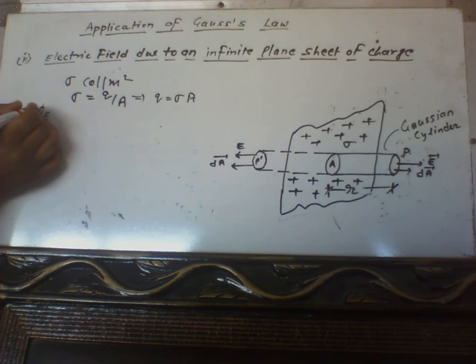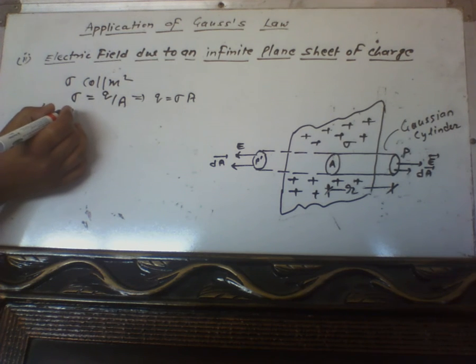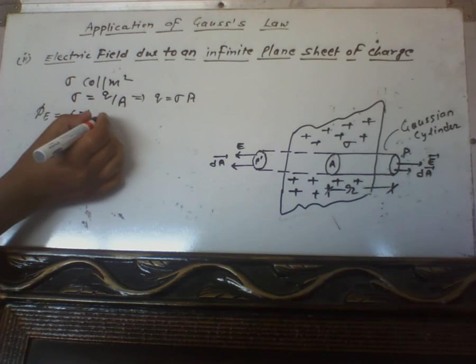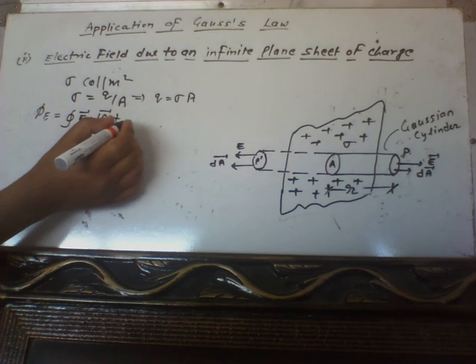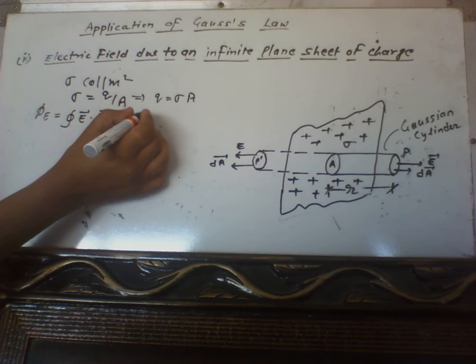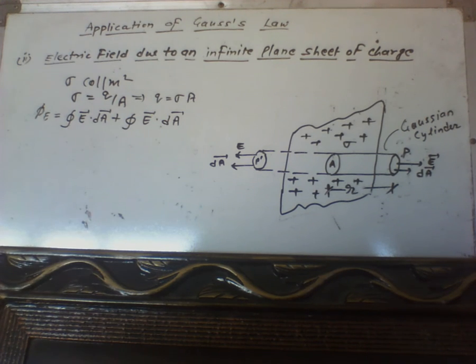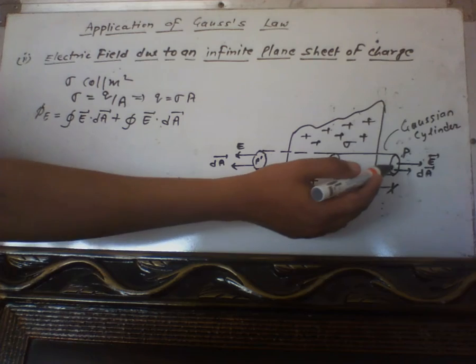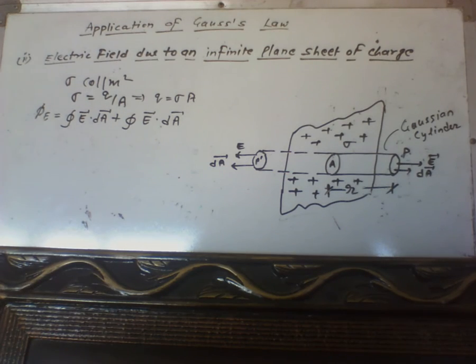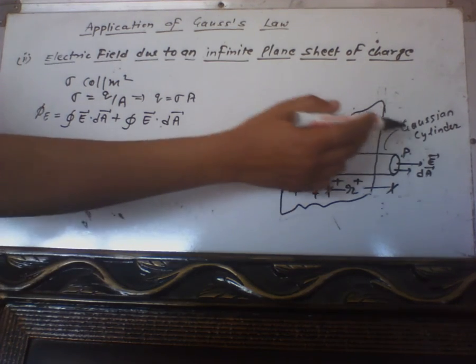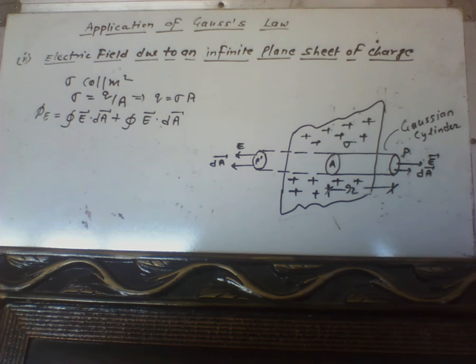phi E is equal to integration E dot dA plus integration E dot dA. E dot dA is taken twice because one is for P and the other is for P dash. Now where dA is an area vector, now as E and dA are parallel,